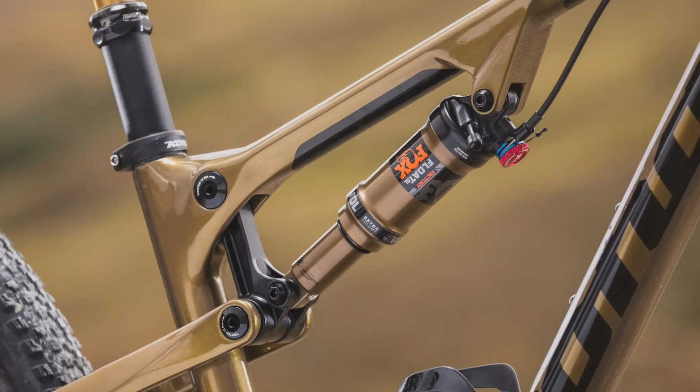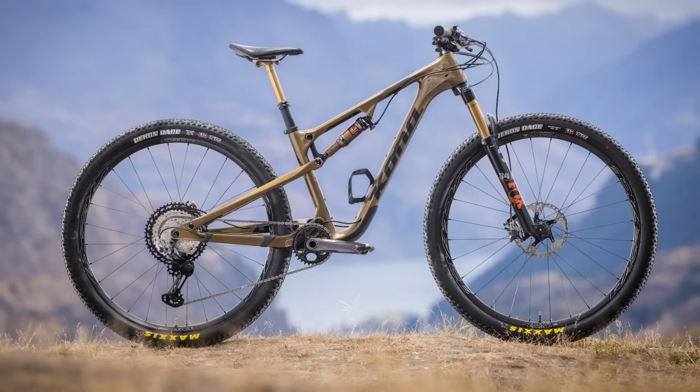What's interesting about it is it's backed up by pretty slack for XC geometry, 66-degree head angle, relatively long reach, and a straighter seat tube that allows the use of a much longer travel dropper post. And it's built for, well, long distance go far rides. And actually, long distance go far legend Cory Wallace has already won a 24-hour World Championships on one. Quite impressive. Yeah, he rode a prototype at the last World Champs, which I've got to say I didn't notice. Available as a bike or frame only from $5,299 or